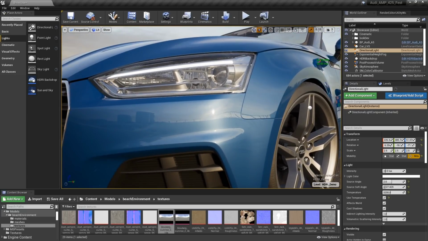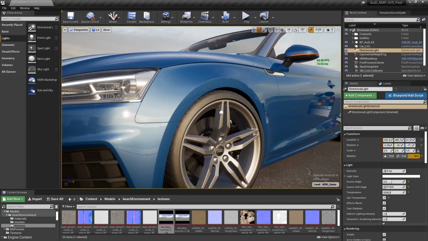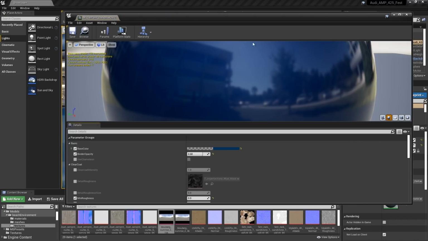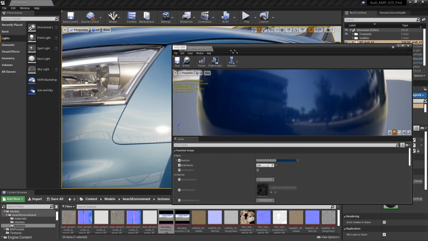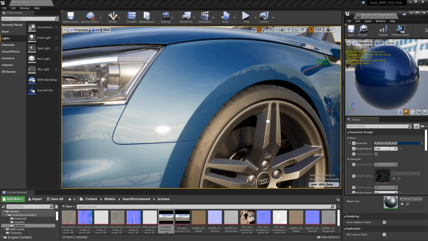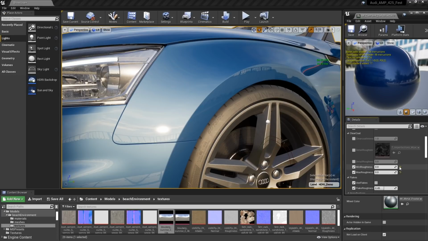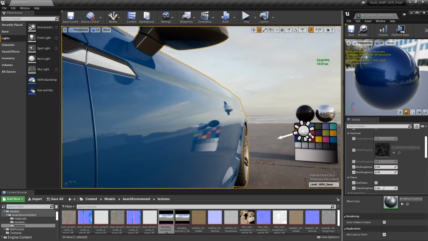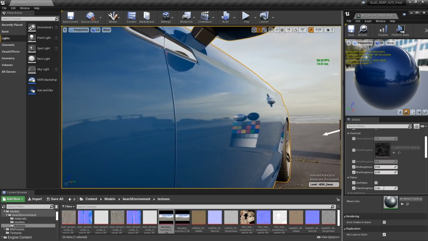Now, I want to start to fine tune a few things on this paint. Because like I said before, basically everything is turned off as far as orange peel and scratches and metal flakes. So what we're going to do is dive back in here, jump into the car paint, and I'm going to turn on a few of the attributes for this. So number 1, I'm going to go down and give it some max roughness. The default values on this are 0.4 and 0.8. And I feel like that softens the image a little bit more than what I want.